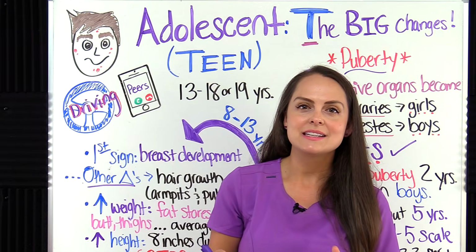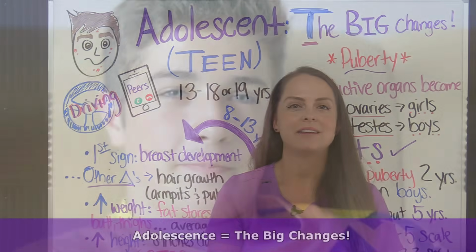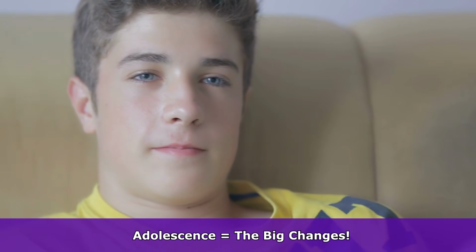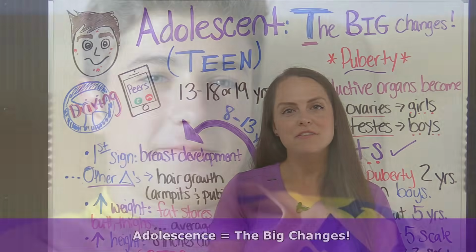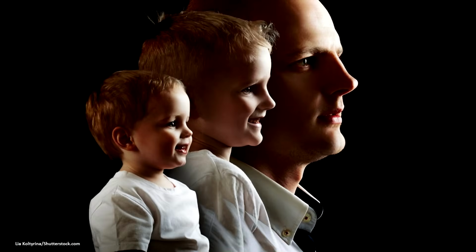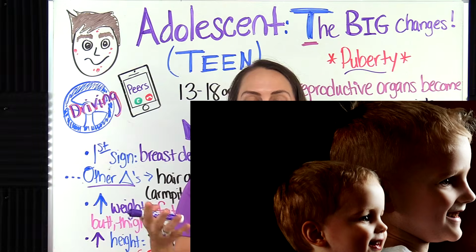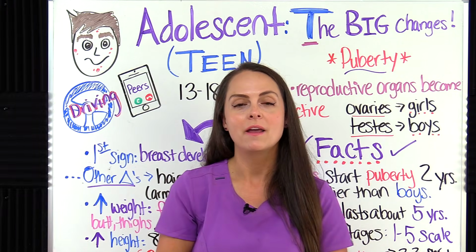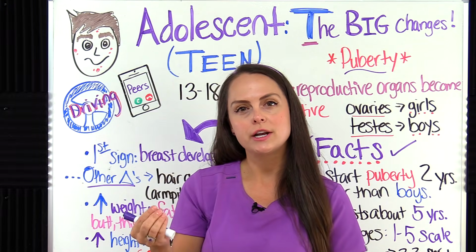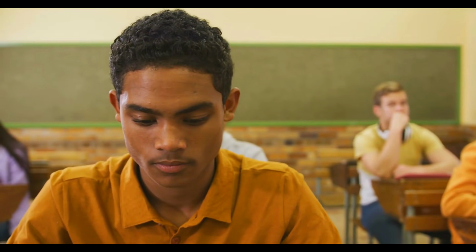Now during adolescence, there's a lot of changes that are occurring. This child is changing physically, emotionally, and cognitively. And if you look at a 13-year-old and then compare them to an 18 or 19-year-old, you're going to see there is a difference in how they look. They should look more adult-like. Also, they should be more mature in their thinking abilities and their skills.